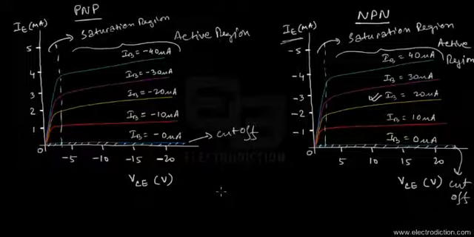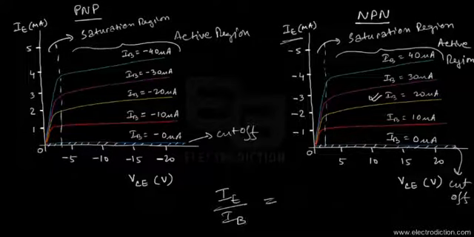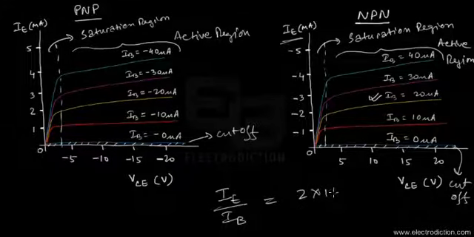So if we take the ratio of the emitter current to the base current,